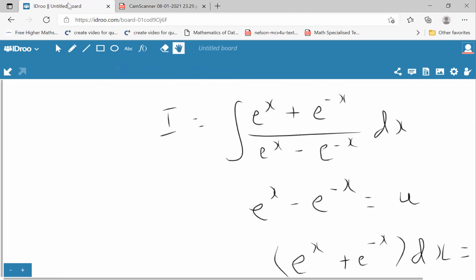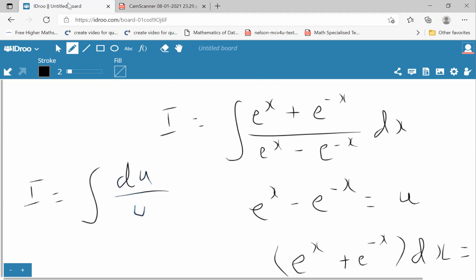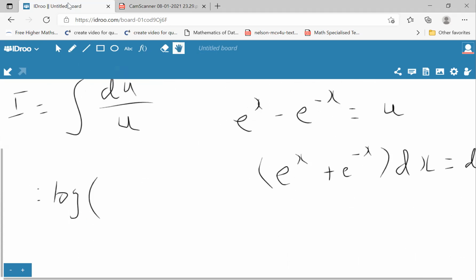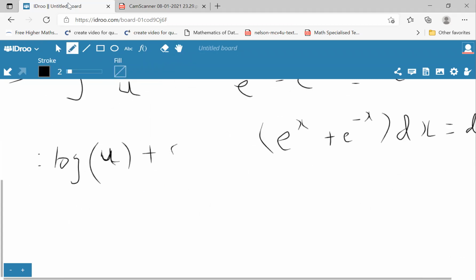So now this integration reduces to I is equal to integration of du by u, which is nothing but log of u plus c. Now substituting back for u,